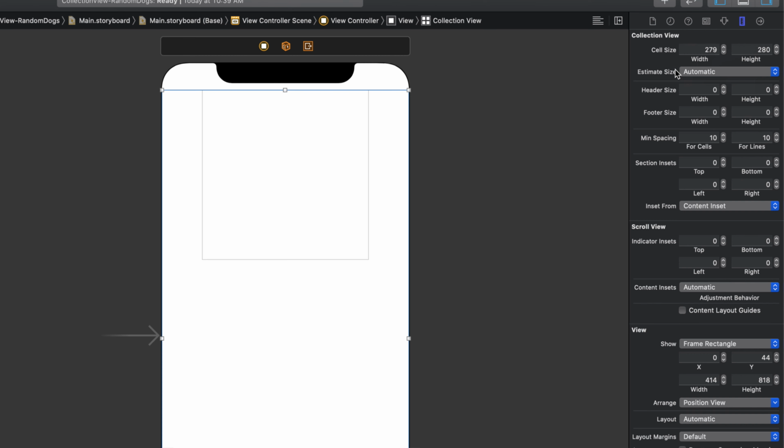We have an estimate size here. As of iOS 13, by default, it's automatic. So by default, the cell itself tries to resize itself based on its content. Later we'll come back here and adjust this automatic setting. But for now, I won't do it because we don't know exactly why we're doing it. The why we'll see as we run the app. We'll see there's a bug or a potential bug there that we could come back and fix with this estimated